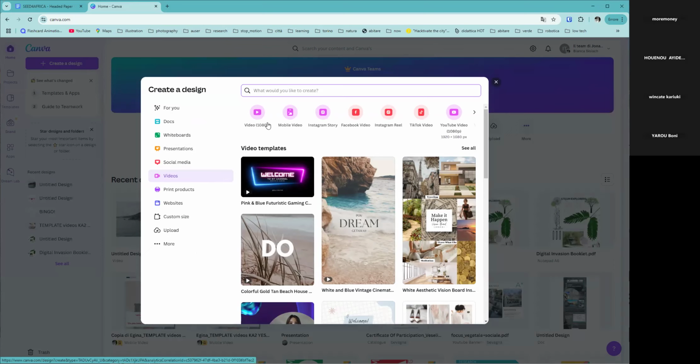If you want to produce a video just for Facebook, you already have the preset with the dimensions in pixels, and it is the same for YouTube, TikTok, Instagram, and mobile video. We are going to go through the first setting, which is the standard one,